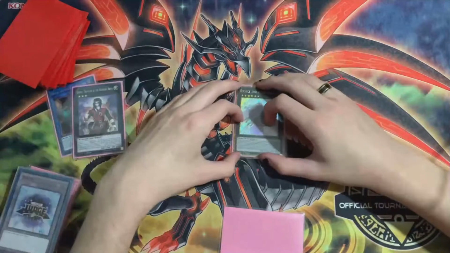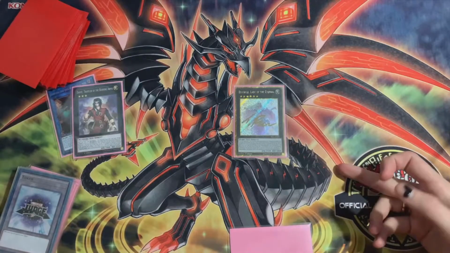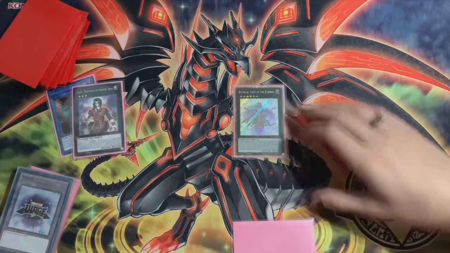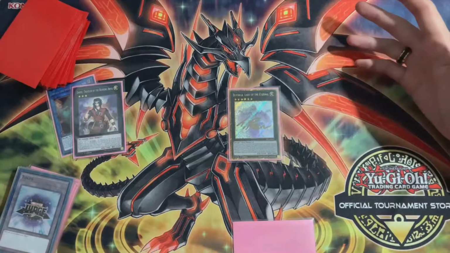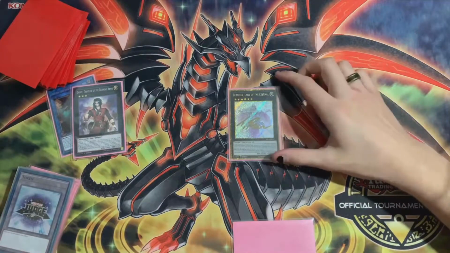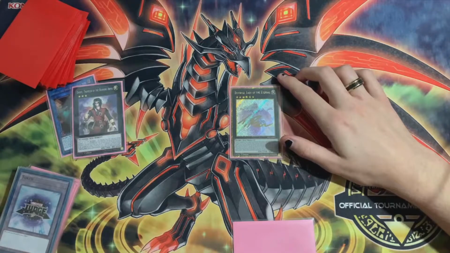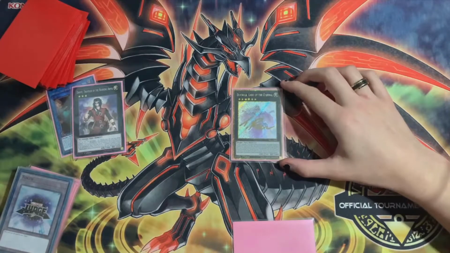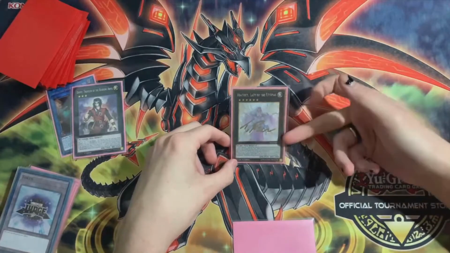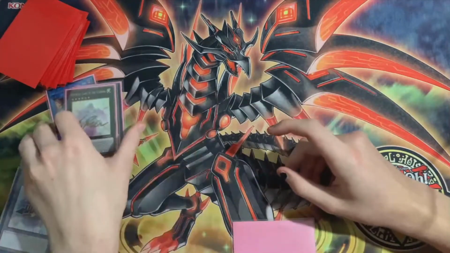And the effect she has is a quick effect to detach a material to send a card from the deck to the grave. So that is a very strong, very powerful effect. If it's destroyed by battle or card effect, it can summon a Burning Abyss monster from your extra deck, ignoring its summoning conditions. So if this card gets dealt with, you just float into another card, which is quite scary,